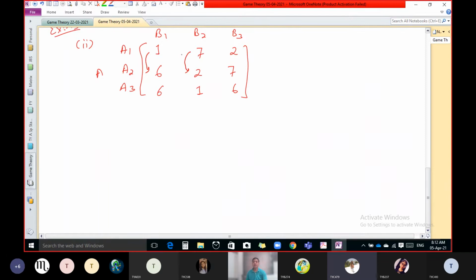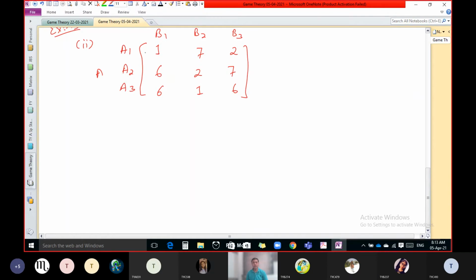A1. That indicates we are not able to decide straightforward, because if B takes B1, then A2 is better. If B takes B2, then A1 is better. So we cannot say A1 is always better or A2 is always better. So forget A1 and A2. Now consider A1 and A3. Which one is better here? A3. And for this situation, A1. That means we still are not able to decide on one answer.